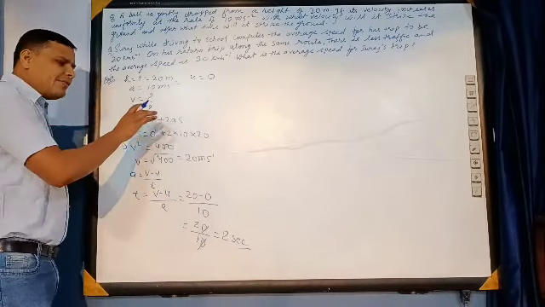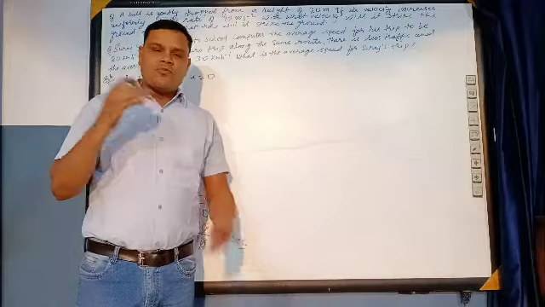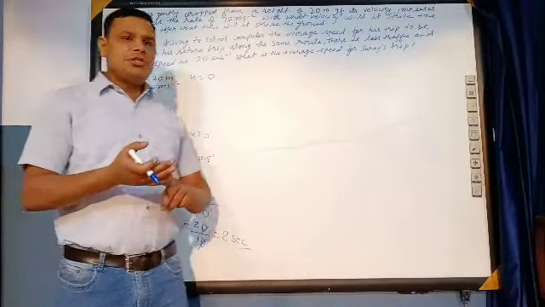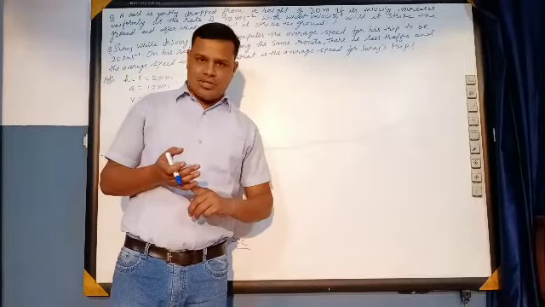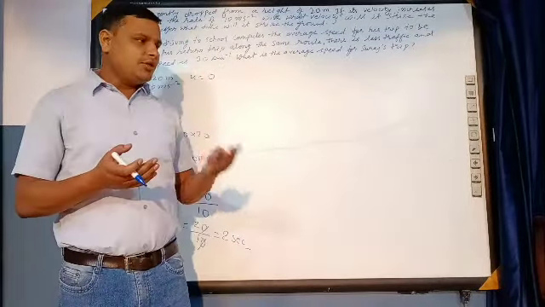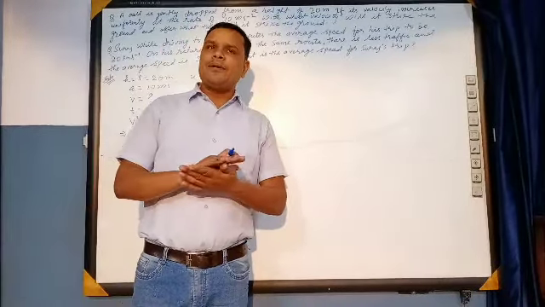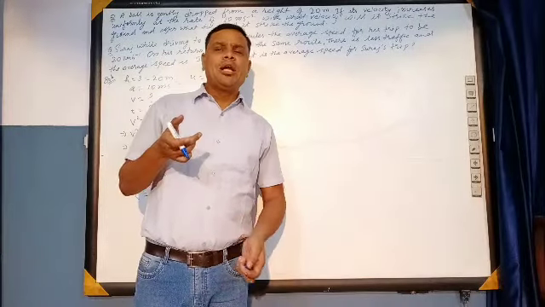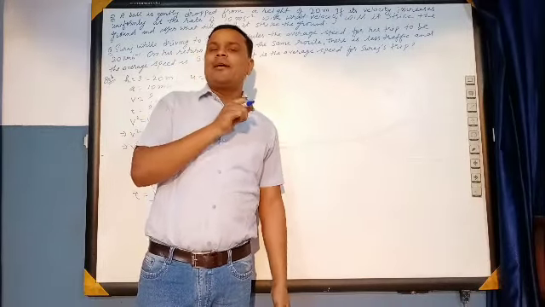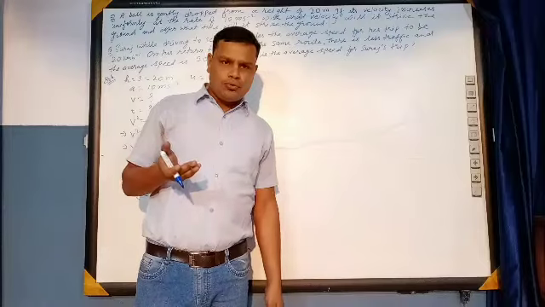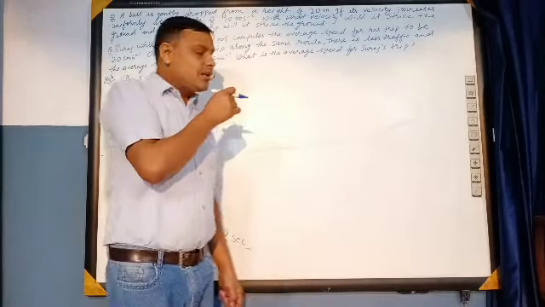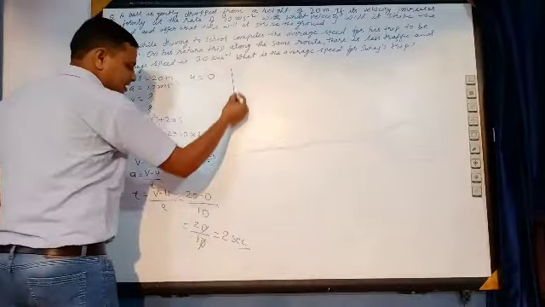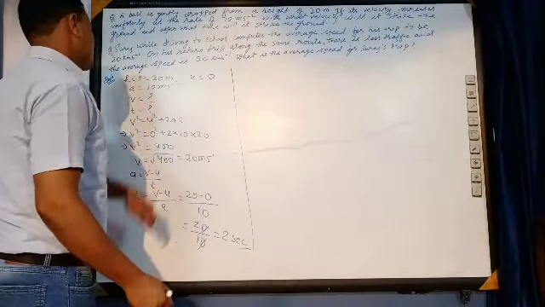See, we have the three equations of motion. First equation of motion: v is equal to u plus at. Second equation of motion: v squared is equal to u squared plus 2as. Third equation: s is equal to ut plus half at squared. You only have to see what components are provided, what data is given to you, and according to that data you have to use the formula. Now you can see the second question.